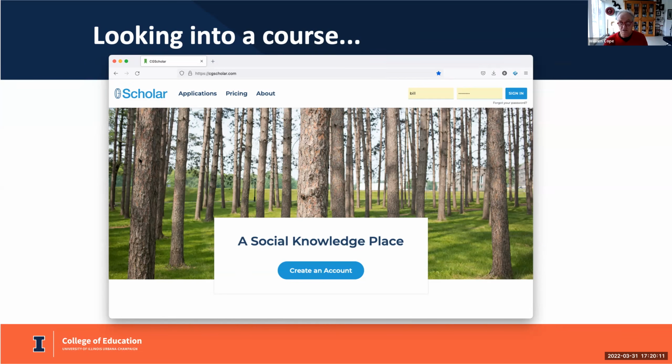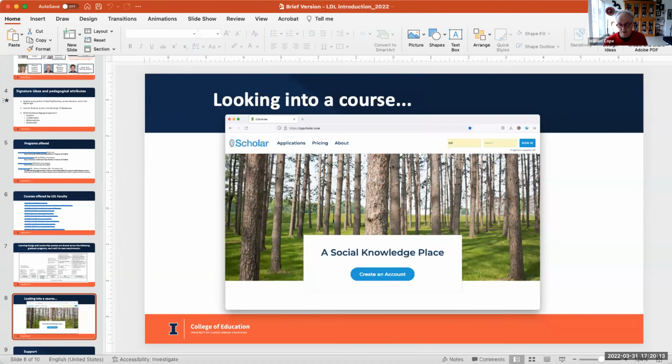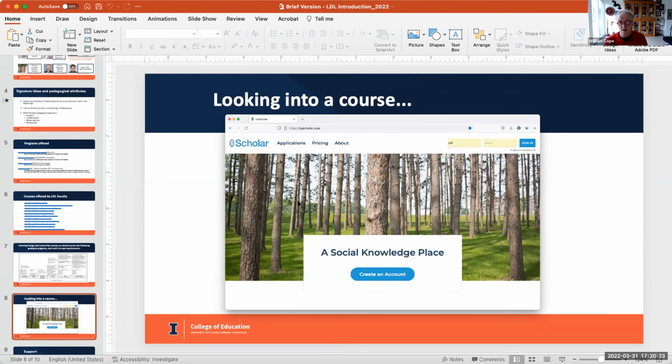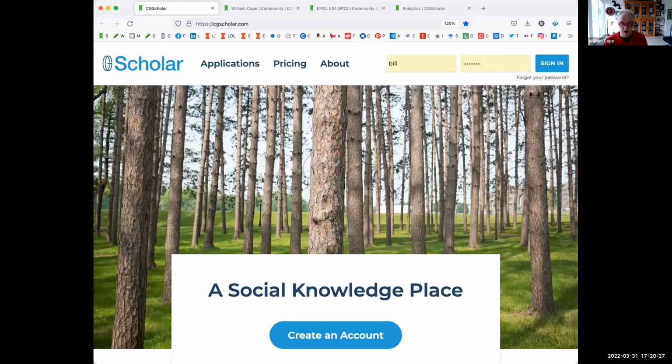So I'm going to escape the PowerPoint now, stop sharing, and restart sharing my Firefox screen, which is this one here. This is actually the platform live. I'm sure our students are going to mind, but I'm going to take you into a class which actually just finished a week or so ago.